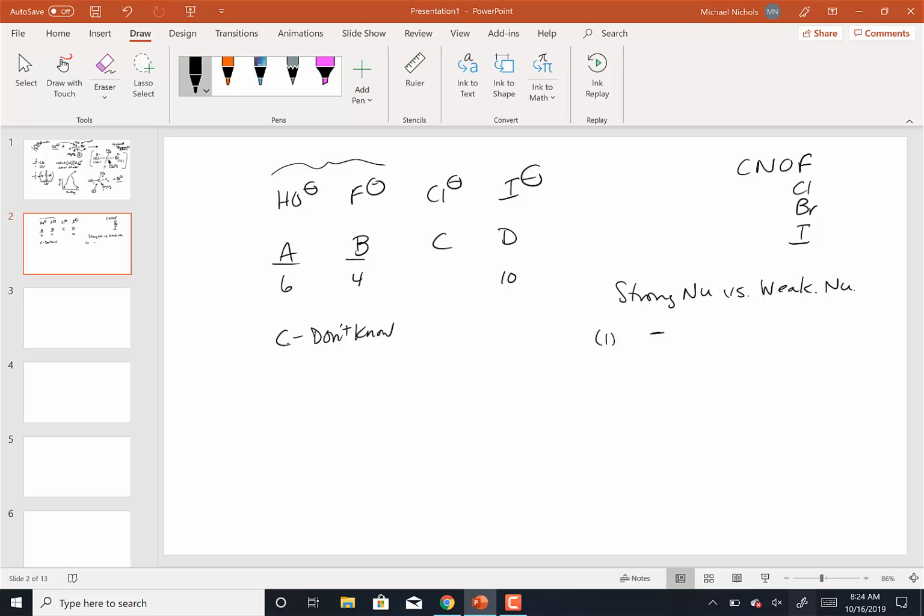So strong nucleophiles are things like hydroxide, fluoride, chloride, anything with a negative charge is what we're going to consider to be a strong nucleophile. That's rule number 1. Rule number 2 is that anything that is neutral is going to be what we call